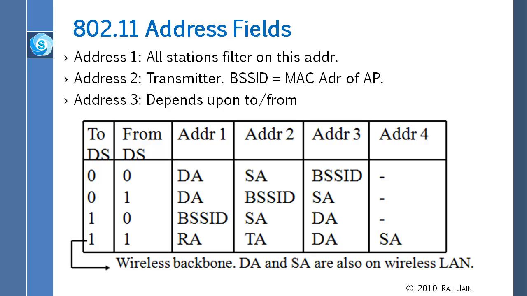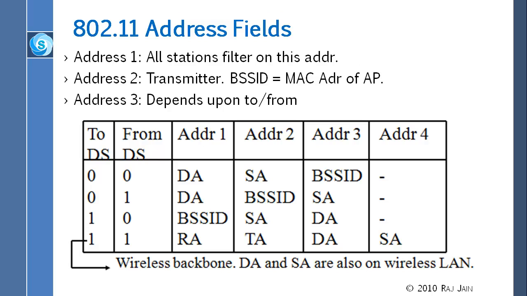So this particular frame is going from some station to some other station, and so therefore without going through the distribution system, which is the wired network. And so this is pure wireless. If it is pure wireless, then basically we have the destination address, source address, and the BSSID. On the other hand, this is